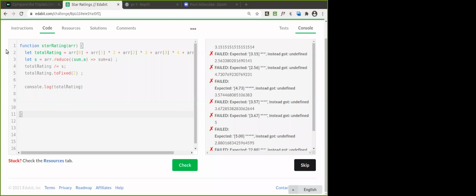Yeah, it's right. 2 fixed. I have given toFixed itself there. Total rating dot toFixed of 2 only. It's not changing there. Good.